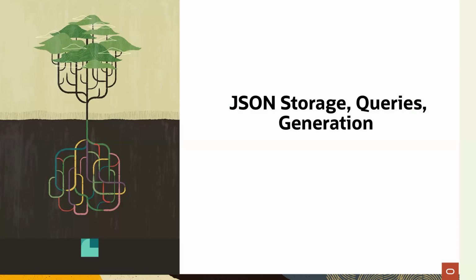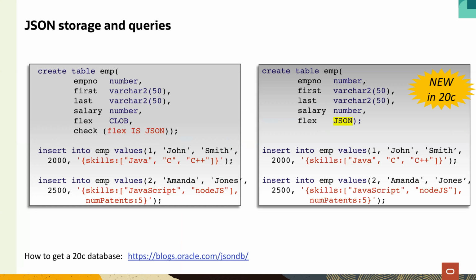Good. So let's take a look here, and I will show this more in demo, so I don't want to jump too deep into these slides. One aspect is how do I store JSON in the first place? It's not like a separate storage engine or anything else. It's just a column in your existing tables, for example. So here we use the employee table and we add a column called flex. And in the pre-20 versions, you would store a textual representation of your JSON, where you added this is JSON check constraint. So if you inserted something, it got validated that it is JSON.